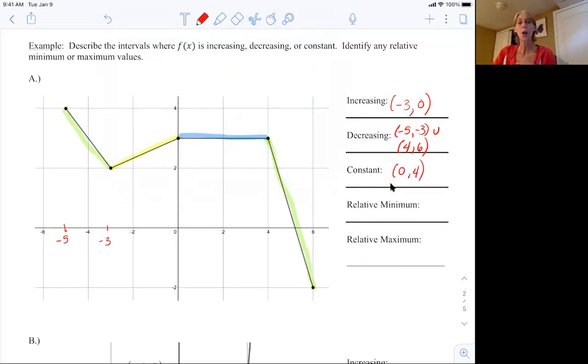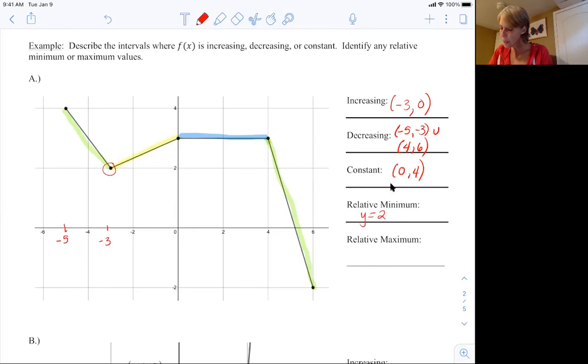And remember, our relative minimum value is going to be where our function goes from decreasing to increasing. So I'm going to have a relative min at that point there, and that is going to occur at y equals, well, that value is 2. Because remember, the minimum value is the y value. And our relative maximum,